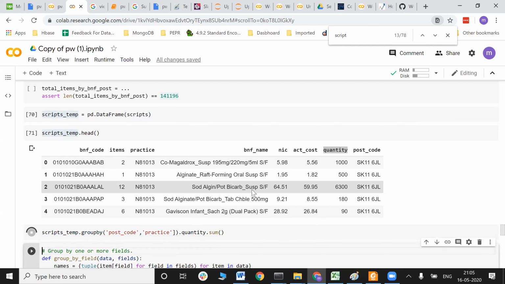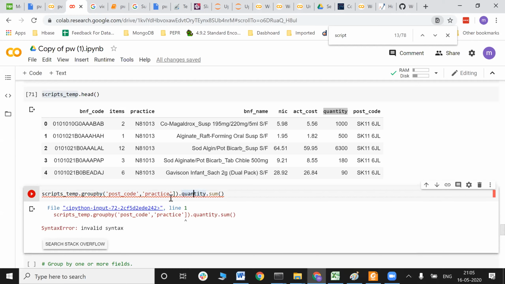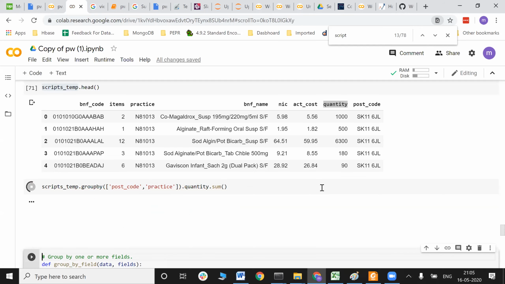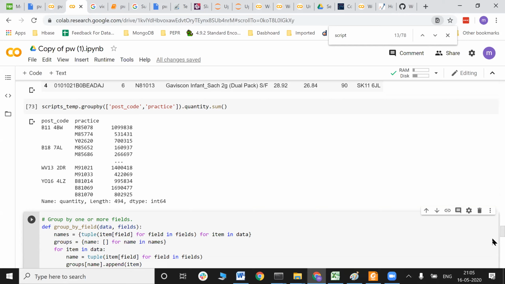That's it. There is something wrong with my syntax. I think you didn't install the Pandas library. Yes. So this is how you can do group by in Pandas.